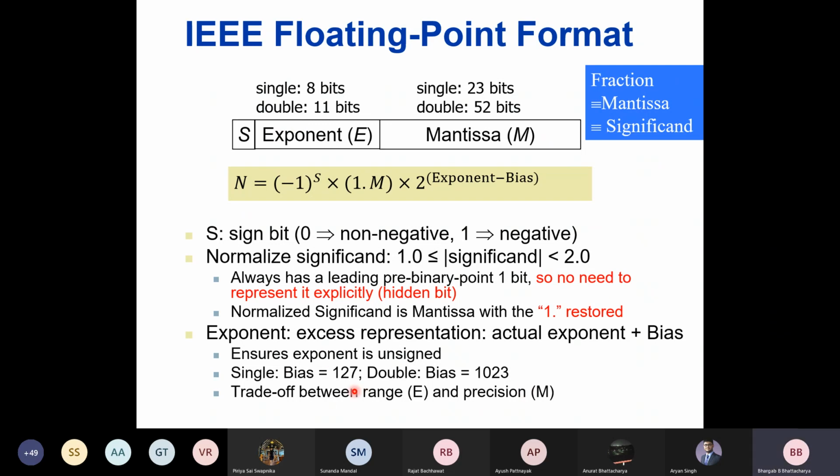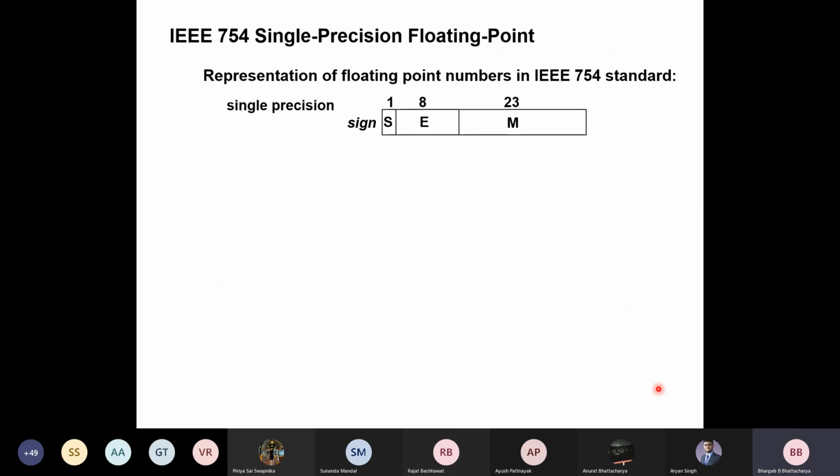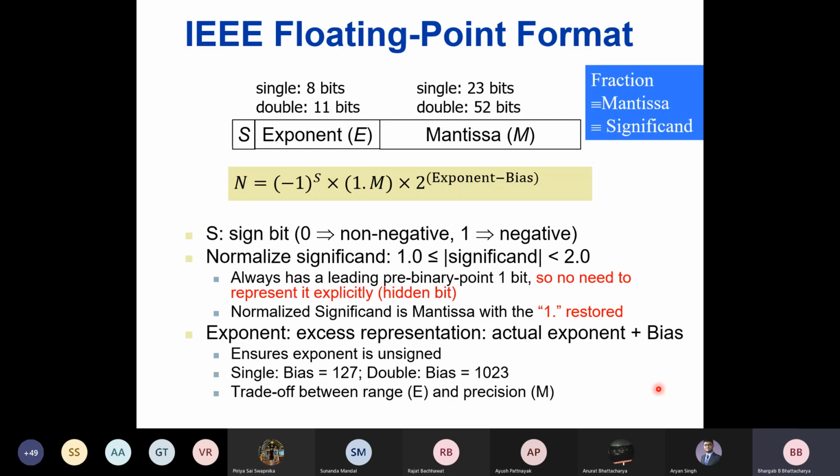Now coming back to this question, why this bias is 127 and why I'm going to bias it. Well, let us look into it. Is it because we want to represent almost an equal number of negative and positive exponents? By doing this, we can represent from minus 127 to positive 128. Correct. You have 8 bits, so you have altogether 256, 2 to the power 8, binary combinations, right?